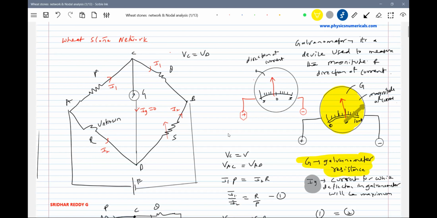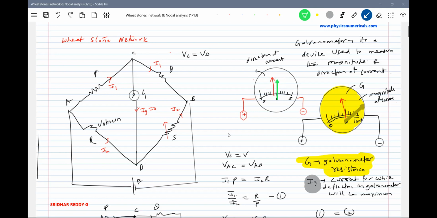Okay, now come to this one. Now we have another type of galvanometer, where when no current flows, the pointer will be at 0. The 0 of the galvanometer will be the midpoint of the scale. So if you send current in one direction, the deflection will be on one side. If you change the direction of current, the pointer will deflect on the other side of 0. So this galvanometer will measure the magnitude of current and also the direction of flow of current.